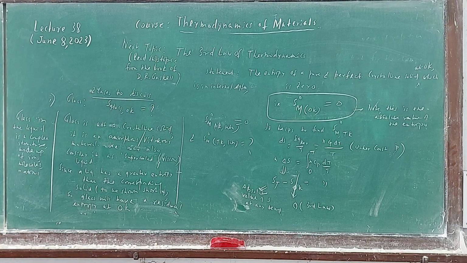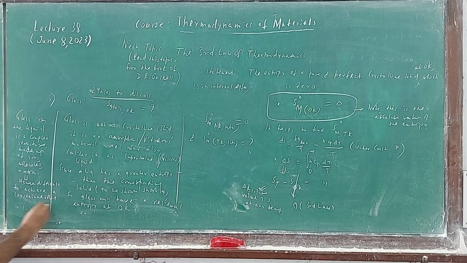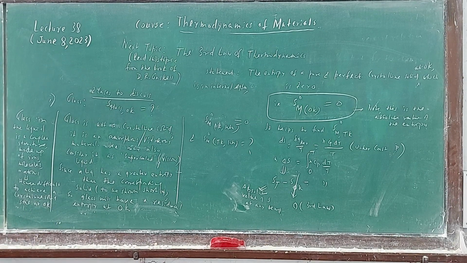Okay, so hence it is very difficult to achieve a crystalline solid state at 0 Kelvin. 0 Kelvin: the lower the temperature, the lower the movement. Almost all stagnant, it doesn't try to move, so no need. So at 0 Kelvin,